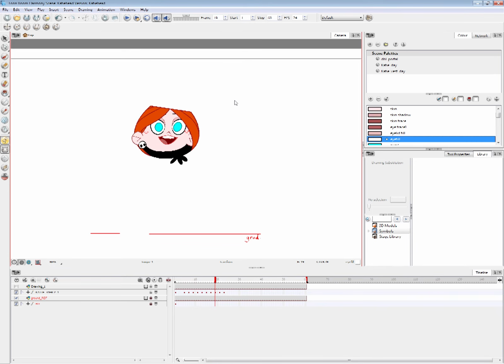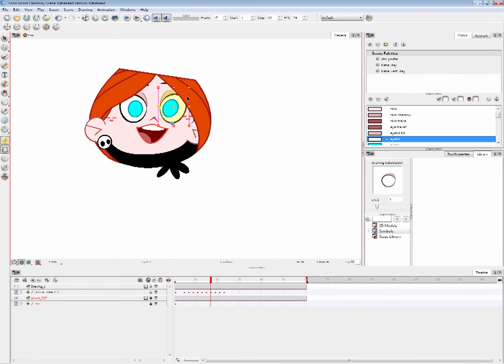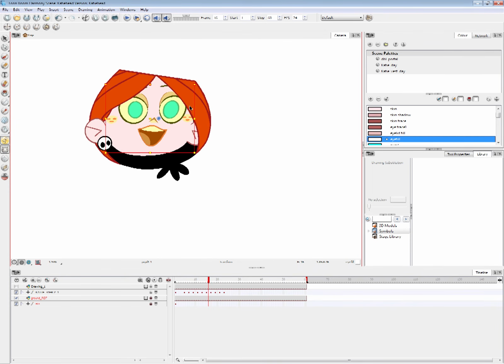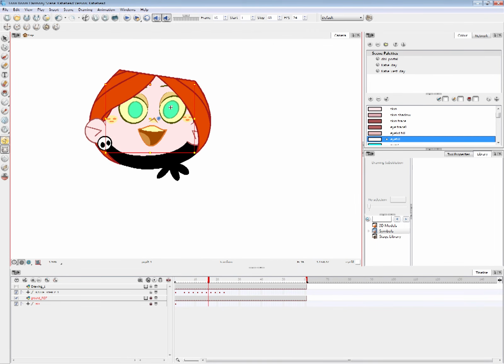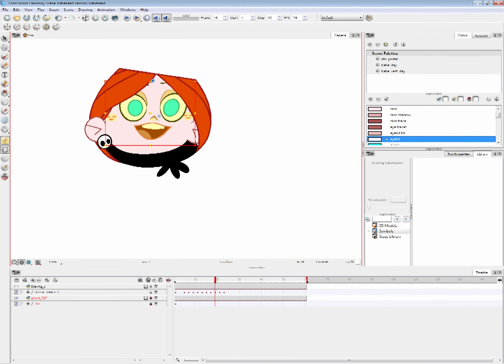And her eyes aren't quite moving from this frame to the next, so we'll do something about that. Let's see. Stretch, squash. Yes, for the hang time, we'll make her facial features kind of squish up a little bit.